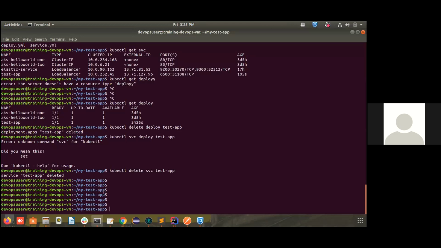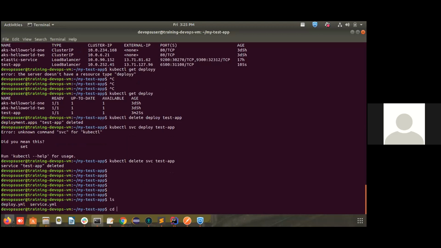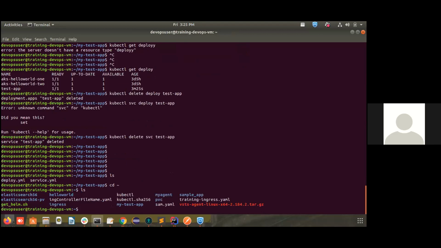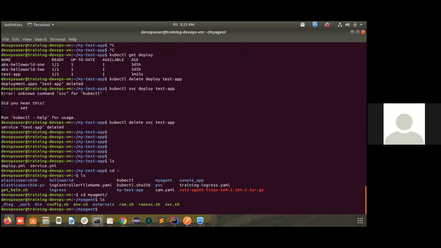You have just like our infra team did. I didn't do that. So we can create an agent in Azure machine itself. So if you go to the, see, there is a my agent here. So I guess this is how they have done it. I haven't gone into the internals, but I think this is how they have created the agent here running.